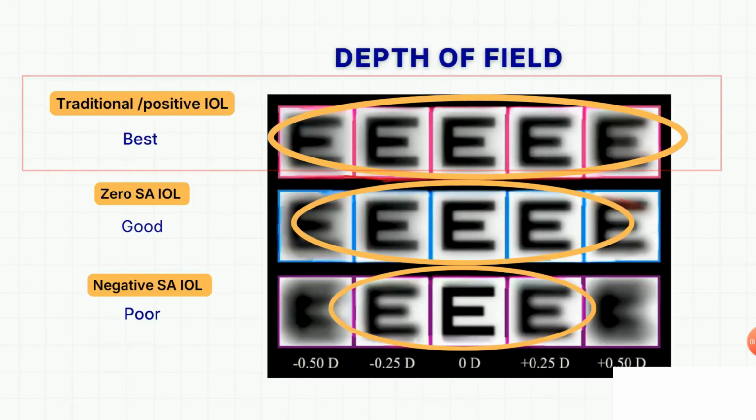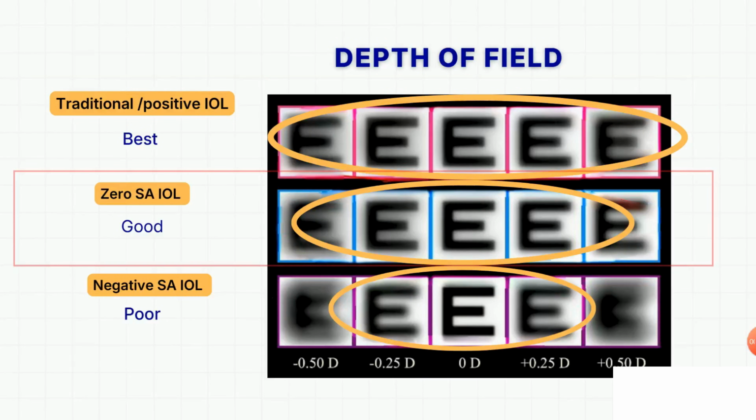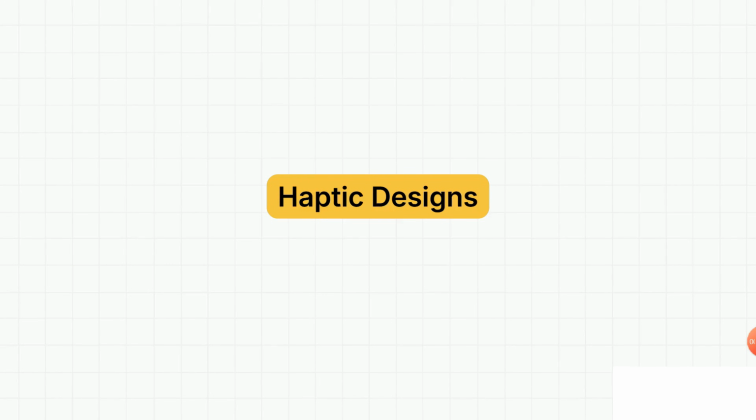The positive spherical aberration IOL gives you more depth of focus and a poorer image, but a zero spherical aberration lens will give you a balance of both. Now that we have discussed the optic design, let's move to the second major structural component of an intraocular lens,